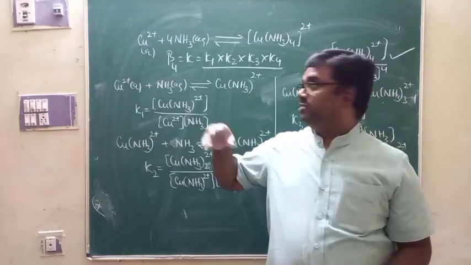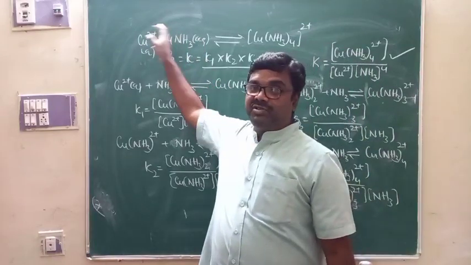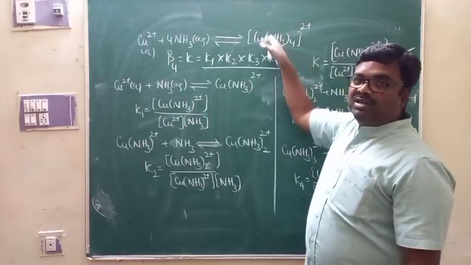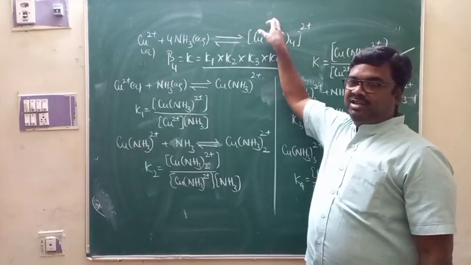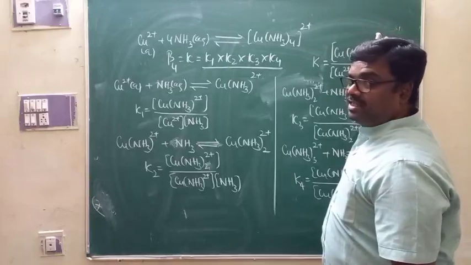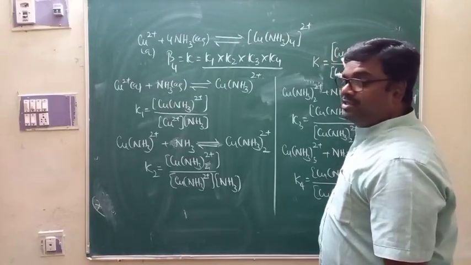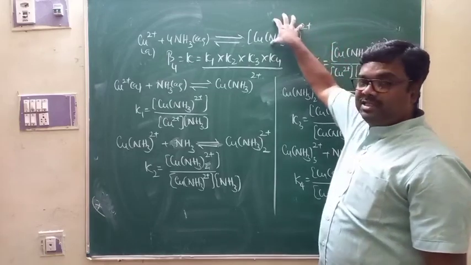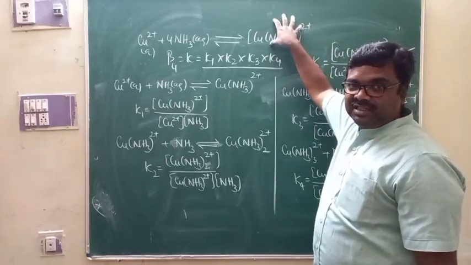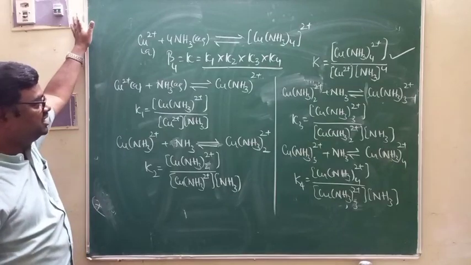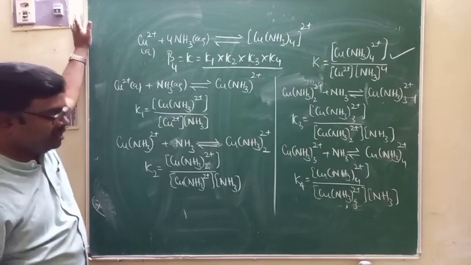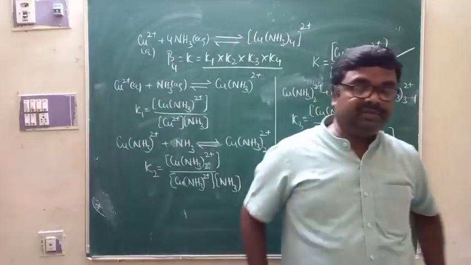As the degree of association increases, the molar concentration of the complex increases. If the molar concentration of the complex increases, the equilibrium constant value increases. If the equilibrium constant value increases, the stability of the complex increases. And that is what we call the discussion there. Understood? Yes. So this is what we call the stability constant.